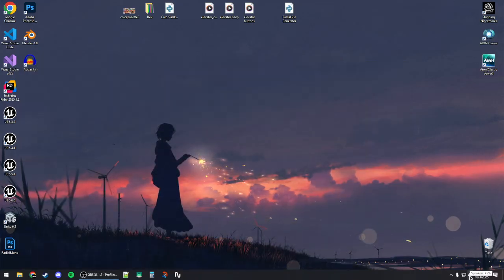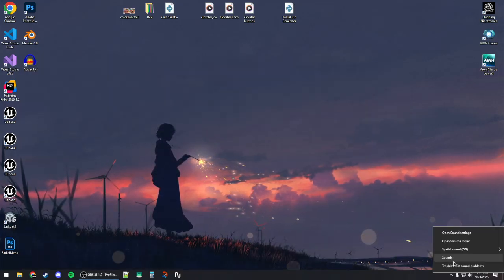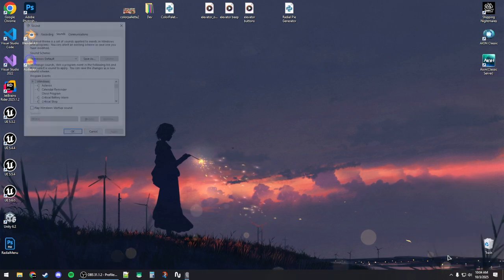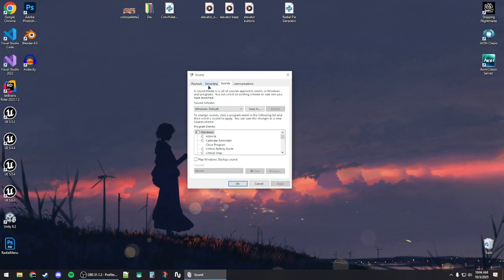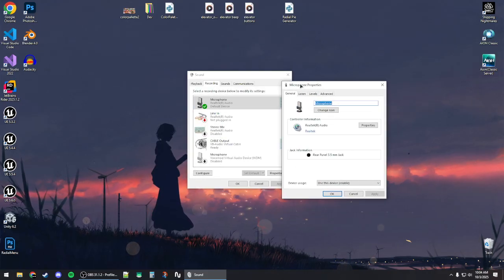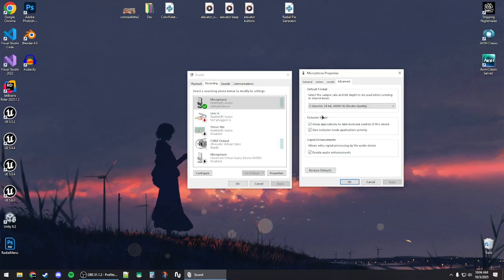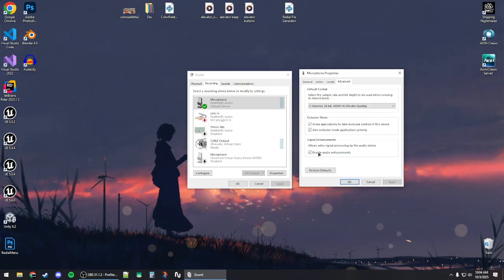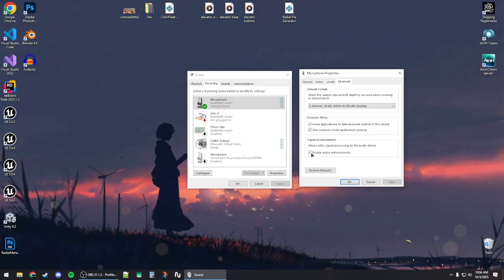Now you want to right click on the audio icon in your taskbar and then click on sound and then go to the recording tab and then double click on your microphone and then go to the advanced tab, and from here under signal enhancement you have this checkbox checked which says enable audio enhancements. Try to uncheck it and then